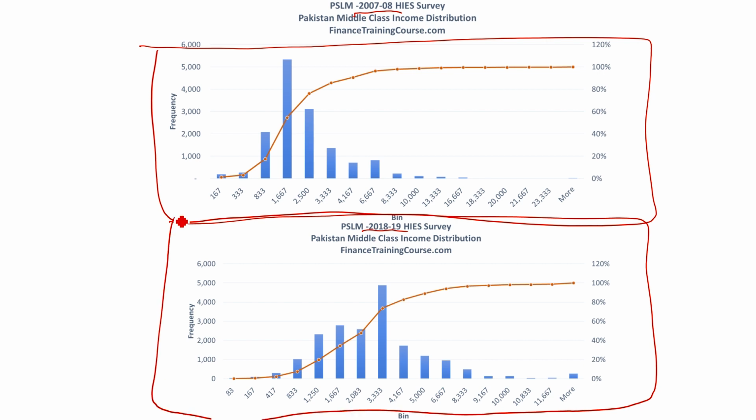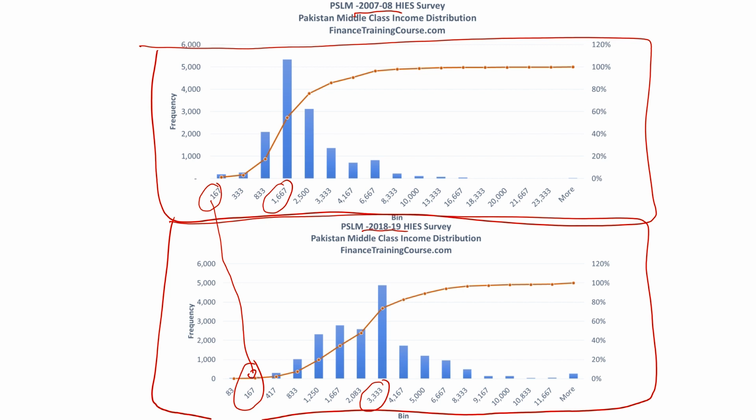Even though this is not an exact match, you can see a couple of reference points, right? In 7 and 8, the lowest threshold that we'd set up in terms of formatting was about 167, which corresponds to this bucket here. The midpoint of the distribution, where the biggest chunk resided in 7 and 8, was about 1667, so about $1,600. The center of the distribution in 18-19 has jumped up. It's doubled to about